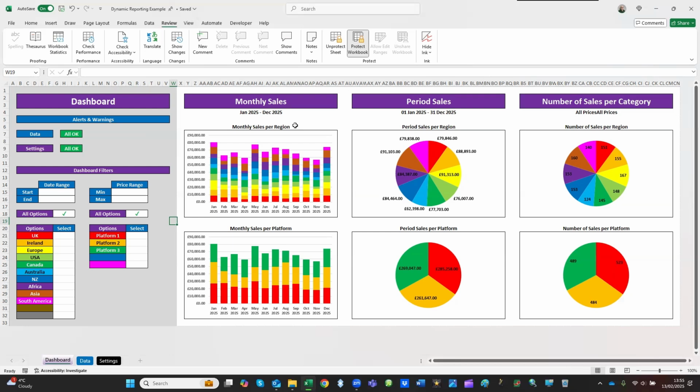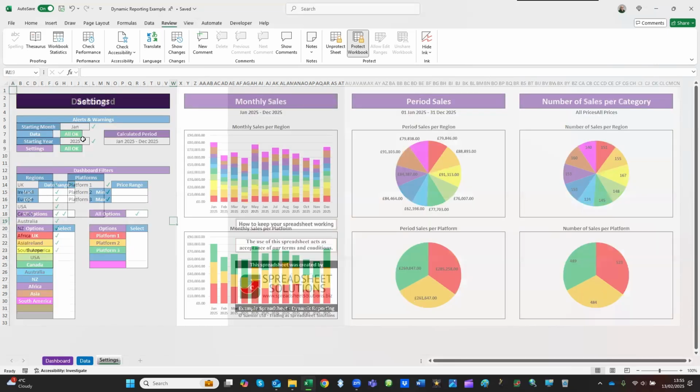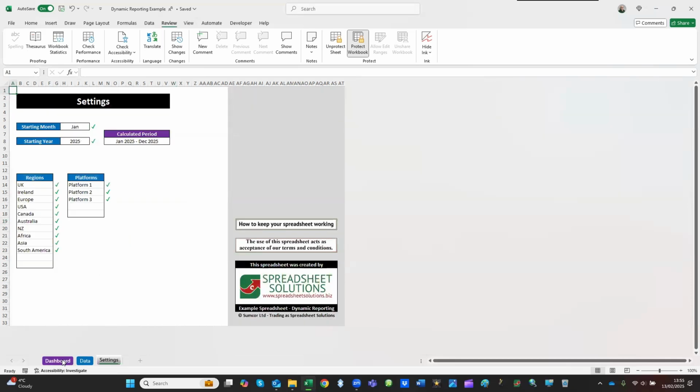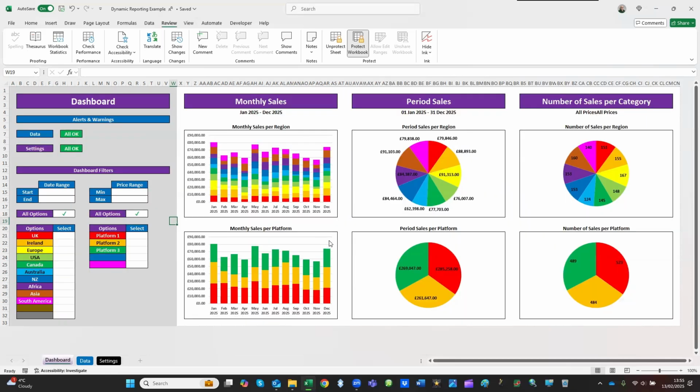If we can make the spreadsheet big enough to combine a number of years' data, and you want to be able to look back and see previous years, then what I'll do is set this reporting to a 12-month period, which in the settings you can see I've done there. It starts in January 2025. So I've set the 12-month reporting, but it just pulls out the data for that report. I've actually got two years' worth of data in